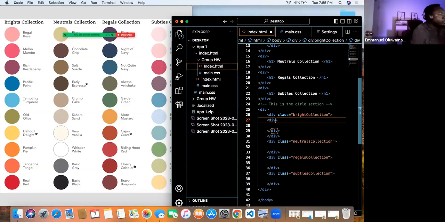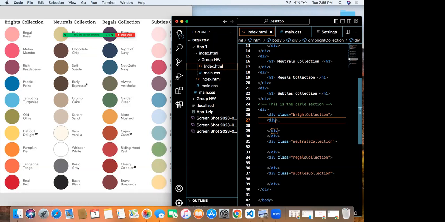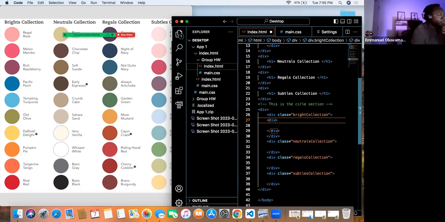Since this is just a container for both the actual circle, which is unique from all the other circles because of the color, it doesn't need a name.